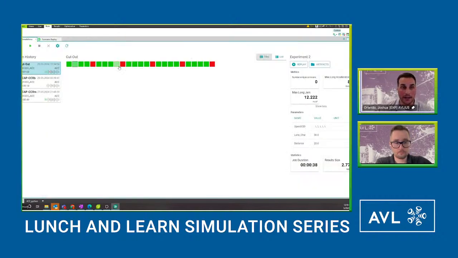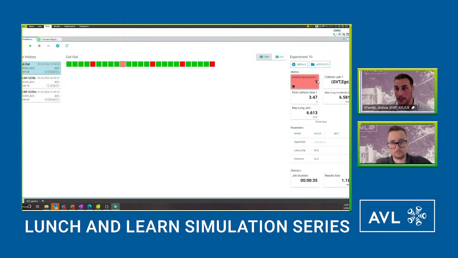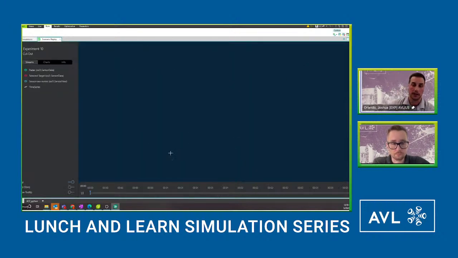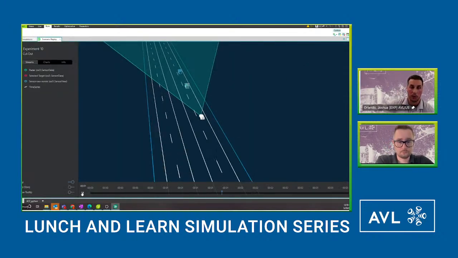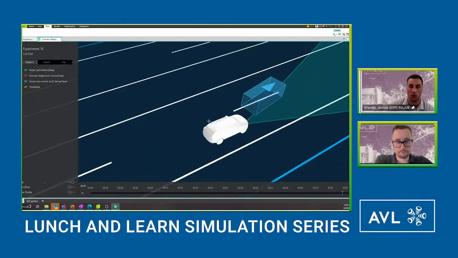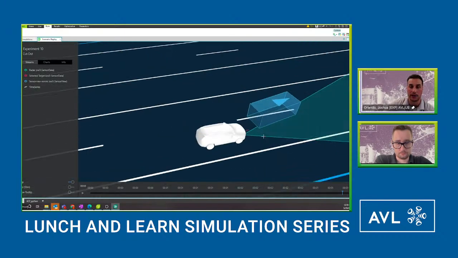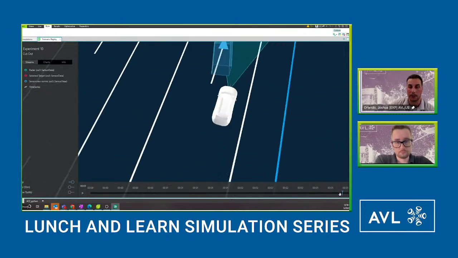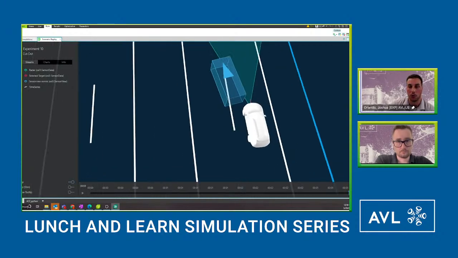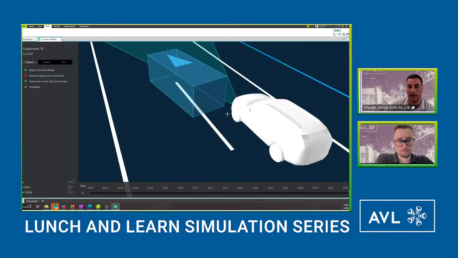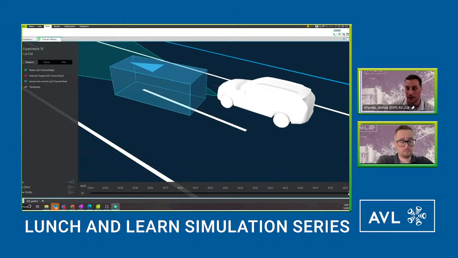So that's the only thing you'll see change throughout these scenarios. And then again, we can go back here and let's choose one that maybe failed. We have a unique collision here. So let's replay this one. And then what you can do here is you can stop the simulation and we can zoom in, pan around, find out what might have been happening in the scenario that caused the collision. And then we can also scroll back and forth to find out really what went down in the collision event that was in this test case.